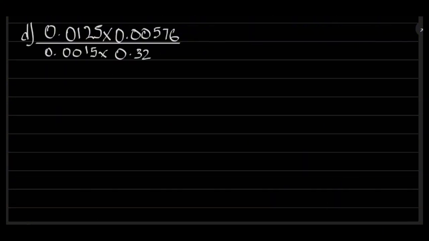So in solving this, we do the same thing. We have to do our best to write them in whole numbers so that we can cancel out. So this will give us 125 times 10 raised to the power negative. How many decimal places have we cleared? 1, 2, 3, 4. So raised to the power negative 4, times 576 times 10 raised to the power 1, 2, 3, 4, 5. So negative 5